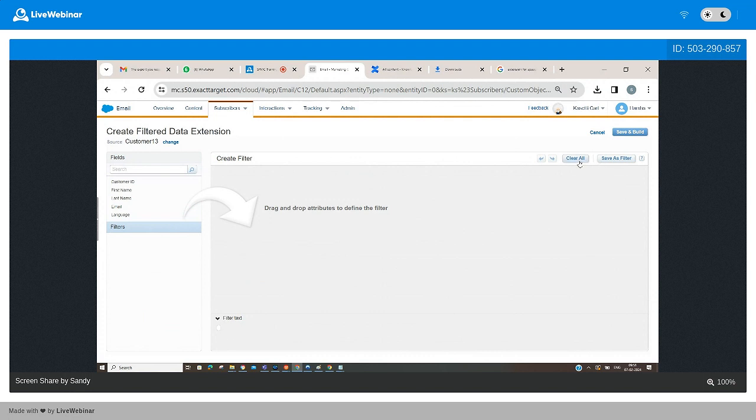And we can also clear the data, save as the filter. Okay, save and build. And if you wanted to change the source, you can change that also. Then after that,